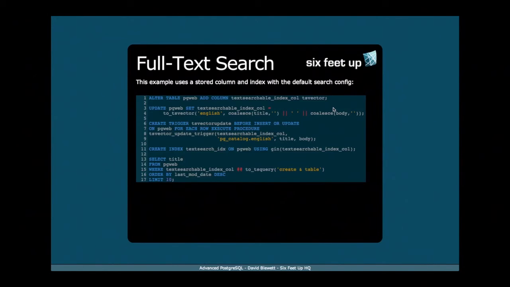And then we'll go ahead and update that column to the parsed representation that we want to be able to search, passing it in the title and the body. And then we want to make sure we create a trigger to keep that column up to date whenever we update the underlying table. So if new records are inserted or a record's title or body changes, Postgres will automatically update the parsed representation. And then we add an index on the column using the GIN index engine, which basically,